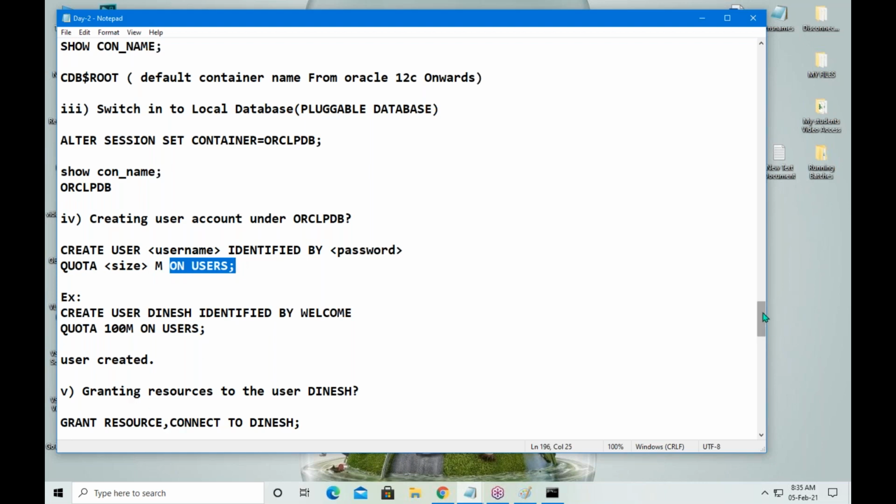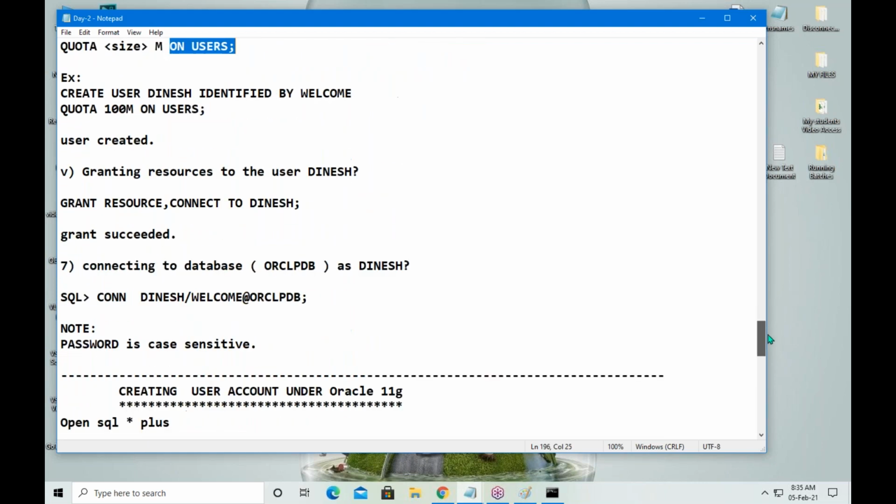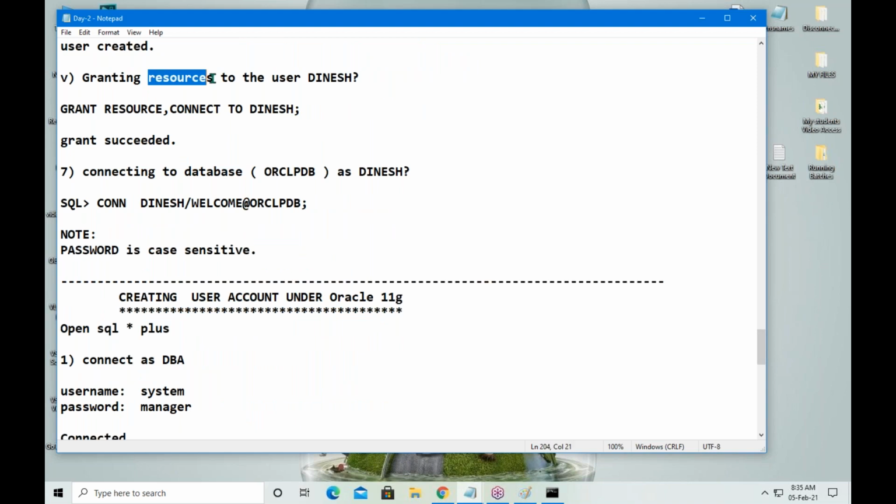Next, once the user is created, how to grant resources. Resource, connect, and another one, create session, to Dinesh. Actually, here I am using the Dinesh username.